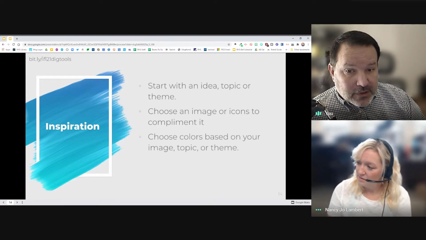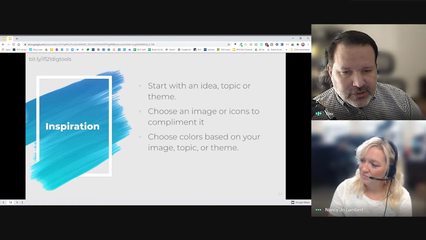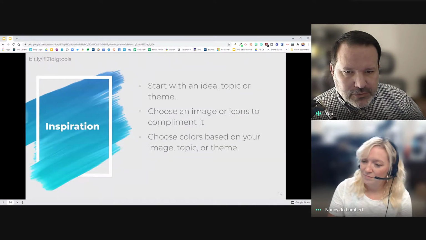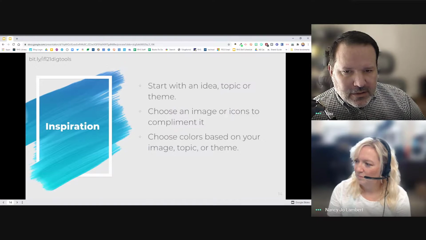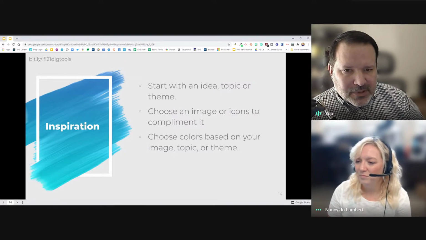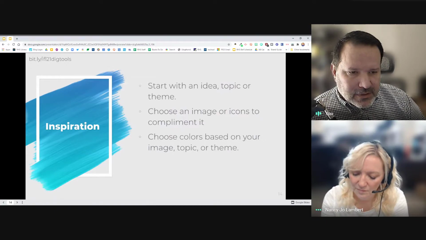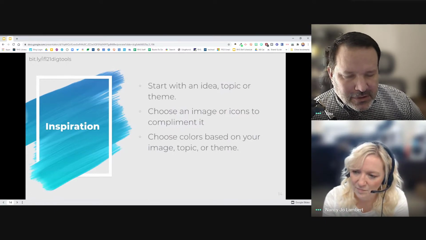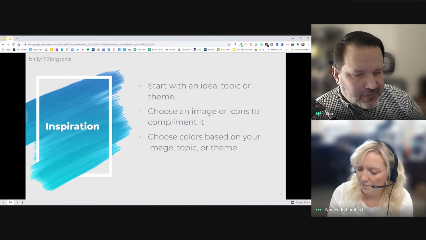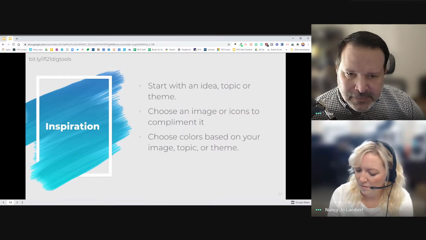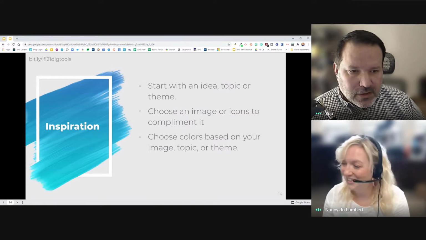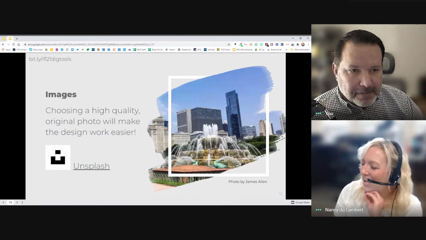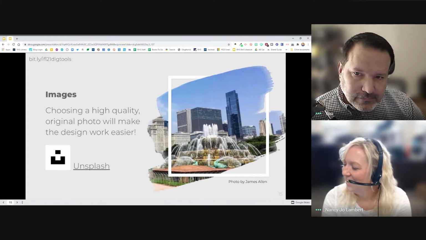And then we just talked about Colorzilla, using colors based on your image. You can take little samples out of the picture that you use, or whatever you're working on. And going back to that middle bullet, a lot of times it's cool to start with a picture that you've taken. So you don't always have to go out to Unsplash or some other place. You could use a picture that you take yourself, especially now that we all have awesome cameras in our pockets all the time. Just keep your camera ready. On your smartphone is what he's referencing there. Yeah, that's what I'm talking about.